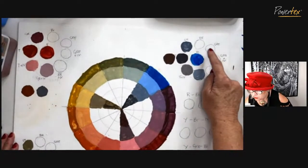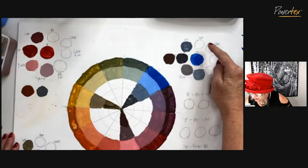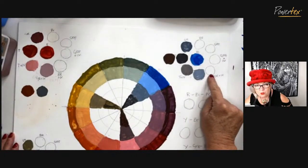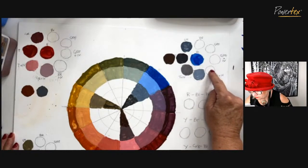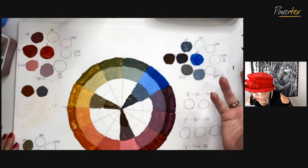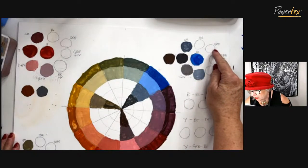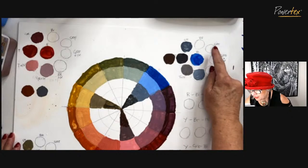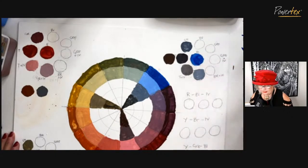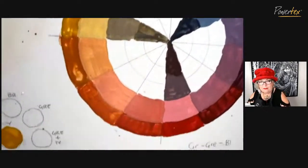Then we come over to this side. We're going to add the blue and the bronze together. And then we're going to add a bit of white to that. And you'll get that lovely lighter tone. And then we're going to add the blue with the green and then add the white into that blue-green mix there. And then we'll do the same